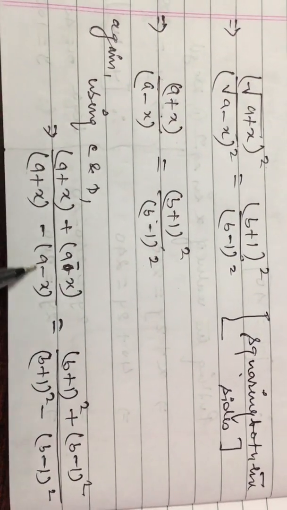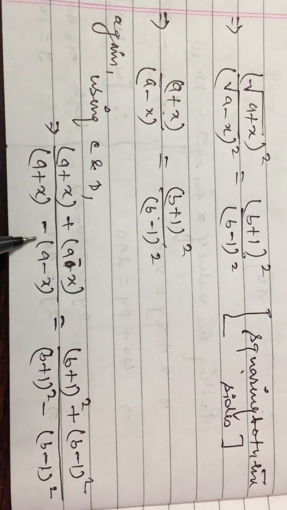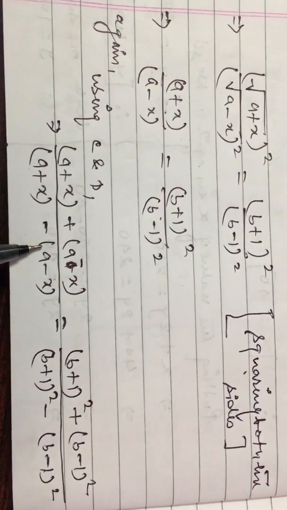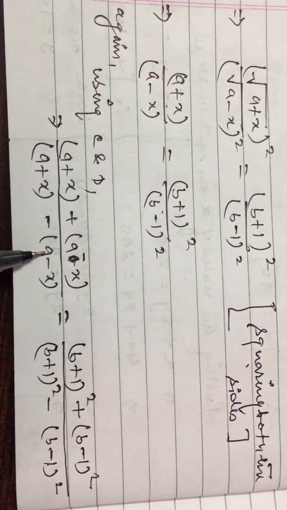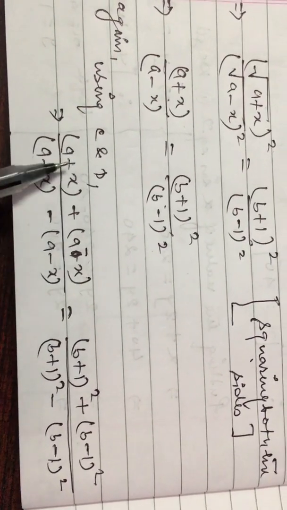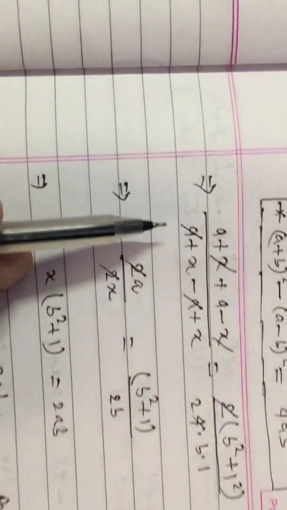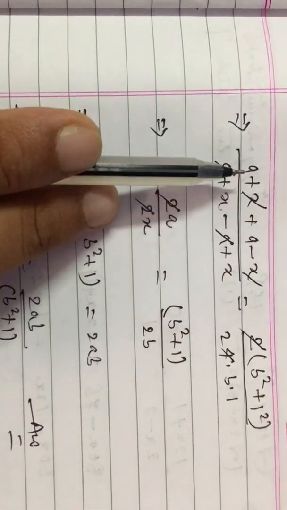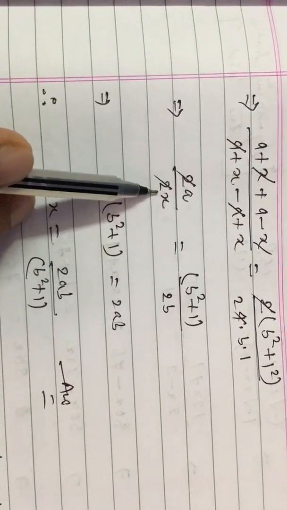In the LHS, in the numerator we have to write the same, but in the denominator we have to open the bracket, it will be minus and it will be plus. So a will be cancelled here and here x, x will be cancelled. This side 2a will be left and this side 2x will be left. See here, x, x cancel, a cancel, 2a and 2x, this 2 also cancels.